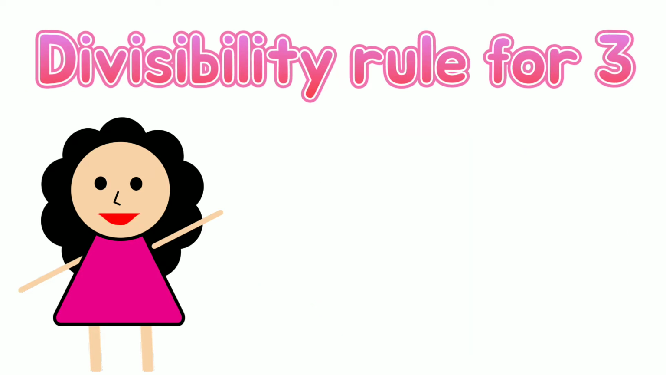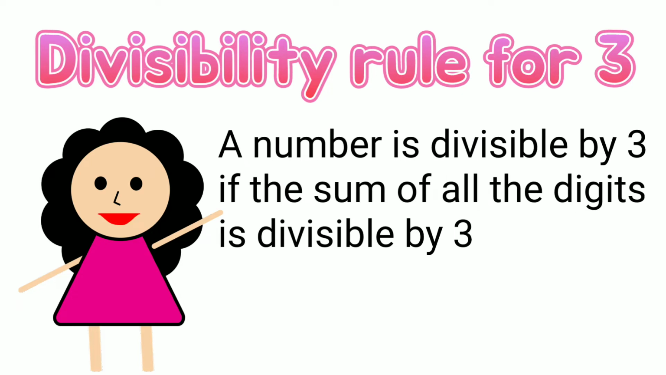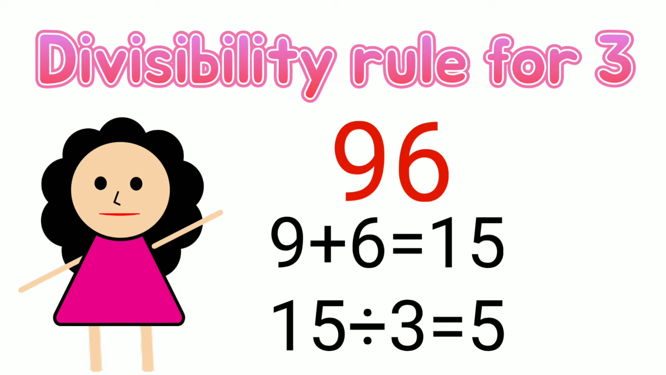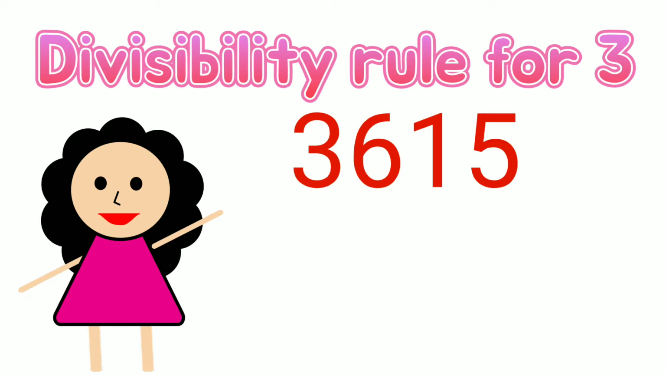Divisibility rule for 3. A number is divisible by 3 if the sum of all the digits is divisible by 3. For example, 96. Add all the digits and then divide the sum by 3. So 96 is divisible by 3. To check, 96 divided by 3 is 32. Another example,